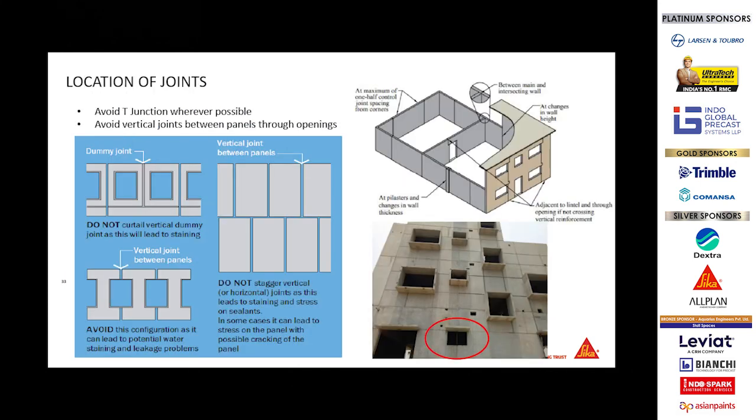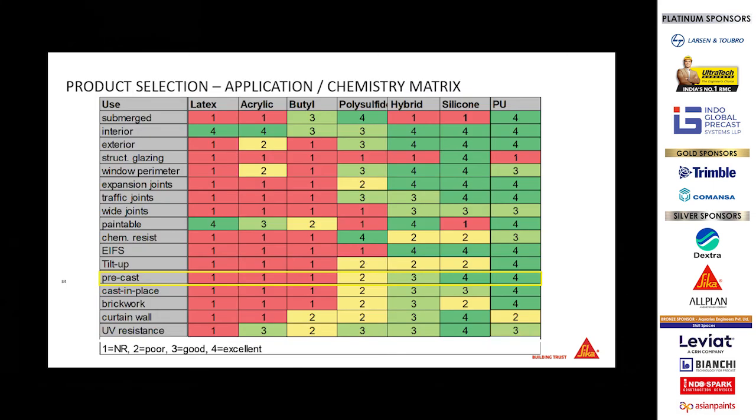Again, from the design point of view, these are a few pitfalls which one can avoid. One needs to avoid T-junctions wherever possible because they lead to stress at the junctions. One should also avoid vertical joints between two openings, which you see in the circled part. Now coming to selecting the right chemistry for the joint, because a sealant should not be just a gap filler. Chemistries available are latex, acrylic, butyl, polysulfide, and hybrid, and these chemistries are mapped against different applications. If you see the yellow highlighted row for precast, the silicon and PU are rated 4,